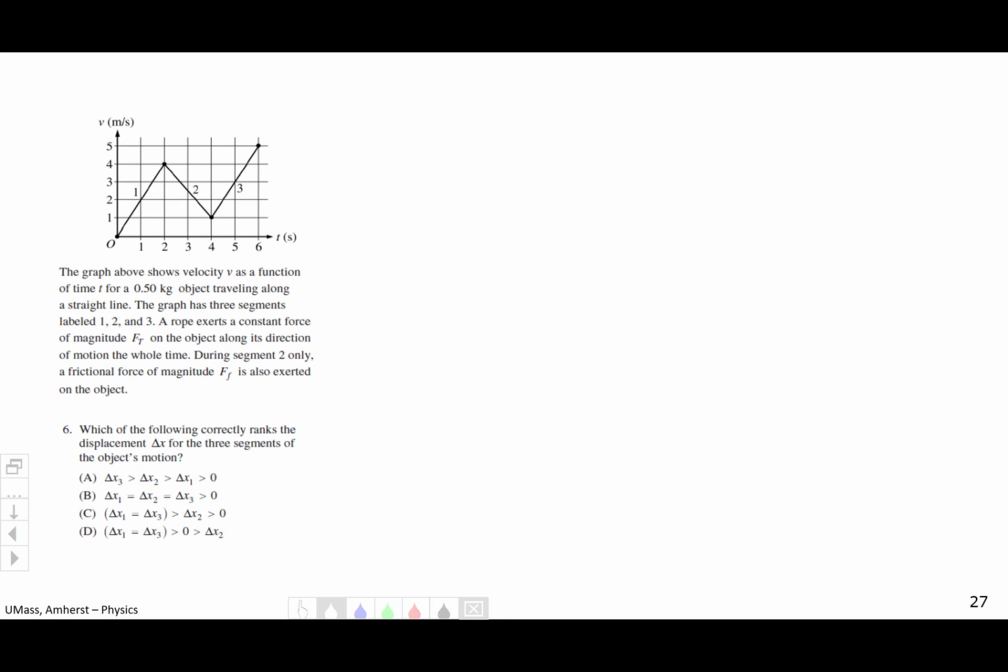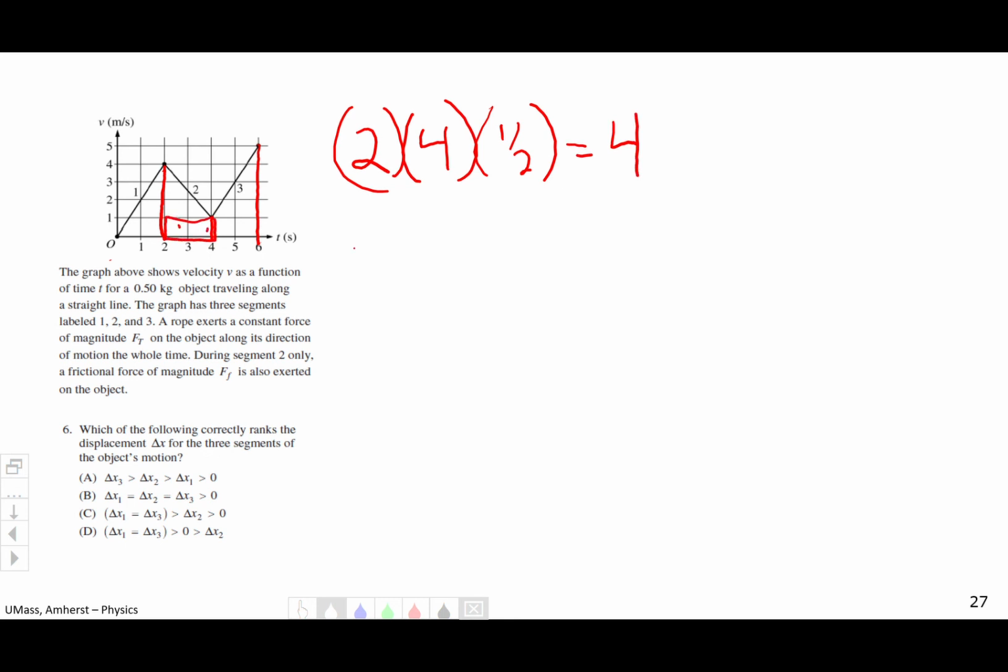So, as we learned, the displacement is the area under the curve. So I'm going to split this up into those sections. So the area under the curve would be a rise of, so the area would be base 2 times height 4 times 1/2, giving us a displacement of 4. This is going to be 1, 2, so 2 plus a base of 2 and a height of 3